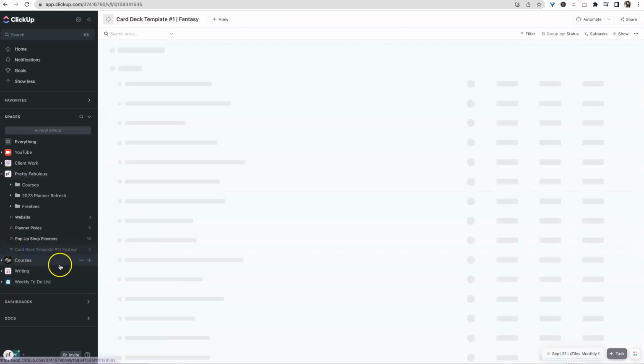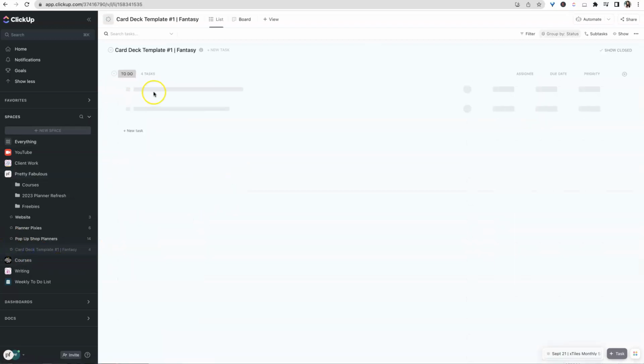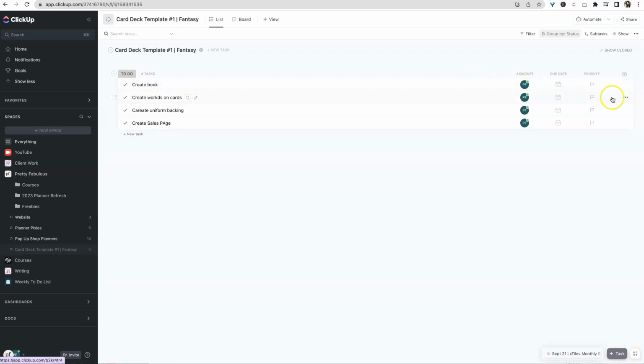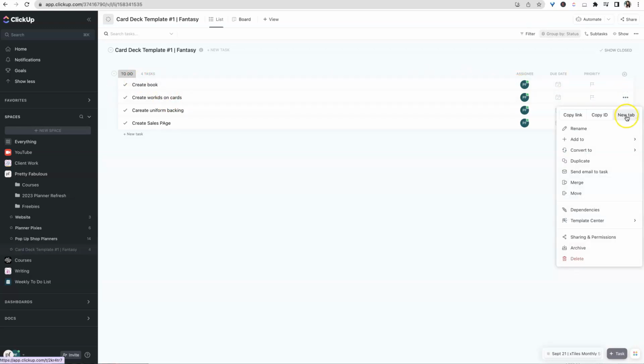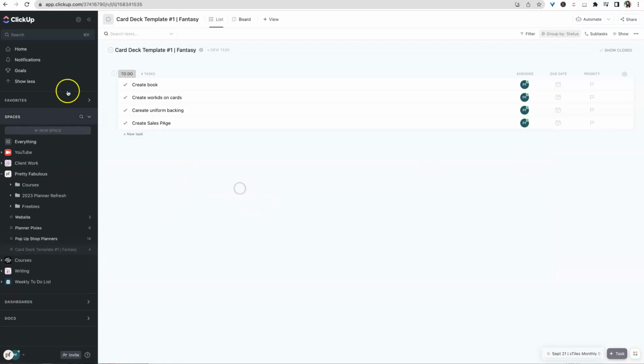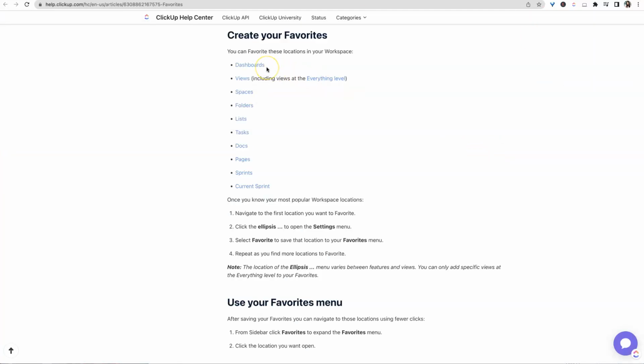And then for the card deck template for fantasy, maybe I know it's just a simple task that I need to do. So create words on the card. I don't want to forget that. So I'm going to come over here to that task actually, and then I'm going to say add to favorites. So it doesn't really matter what level you're at. Over here in ClickUp, you can save dashboards, views, spaces, folders, lists, tasks, docs, pages, sprints, and a current sprint